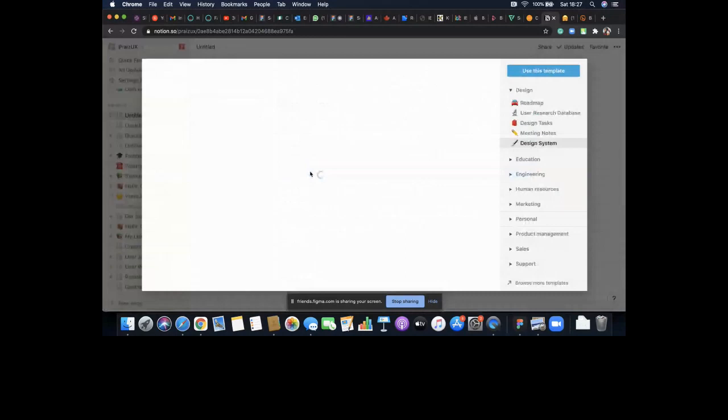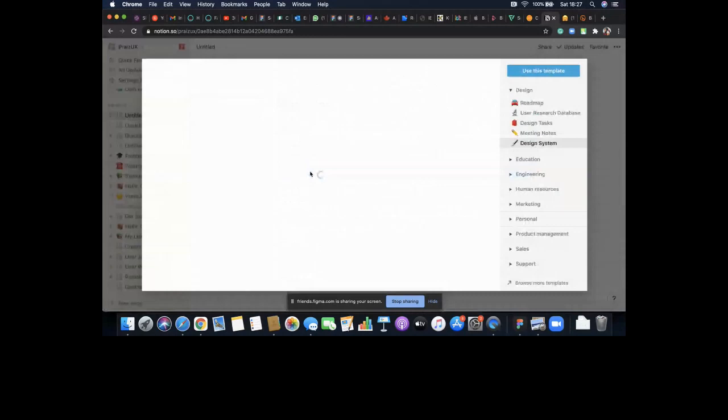If you click on design, you will see a template on roadmap. You can pick that template and edit it. This is user research, this is the design tags, this is meeting notes, this is design system. If you look at this design system, it looks like how we designed our individual case study for Notion.